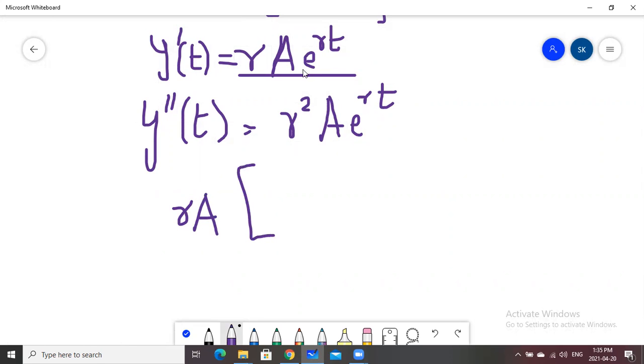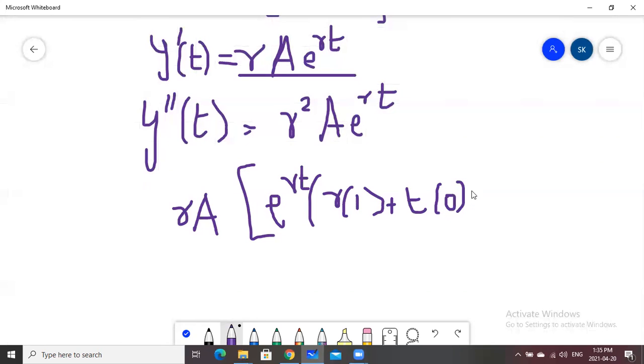We will take the derivative of this function, that is e raised to power rt into u into derivative of v plus v into derivative of u, and therefore by solving it further or simplifying it, we get r a e raised to power rt